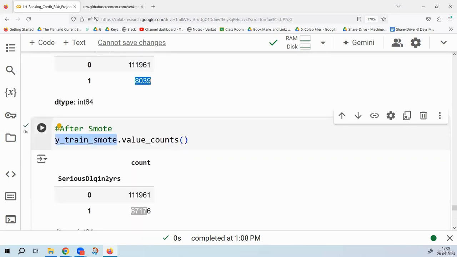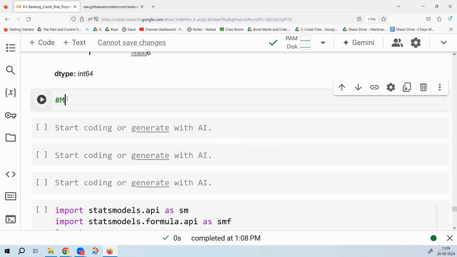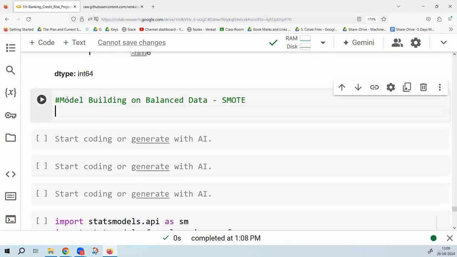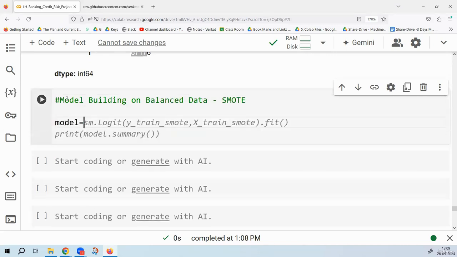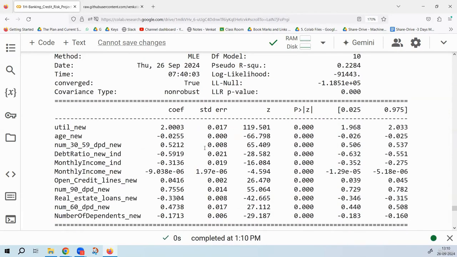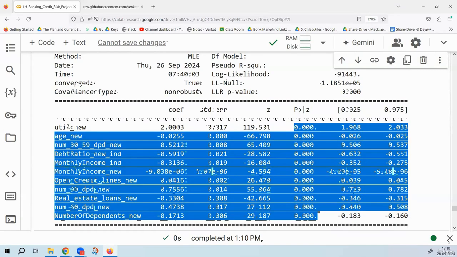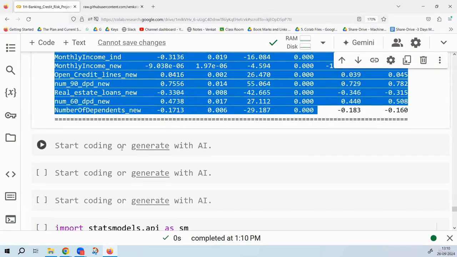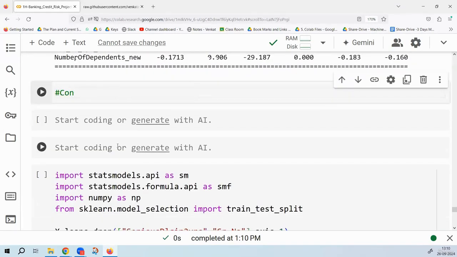So I'll try to build the model on this new data set, newly created data, which is X-train SMOT, Y-train SMOT. So let's build the model on this new data set. Let me call that model building on balanced data, which is a SMOT data. So I'll say my model is equal to sm.logit X-train SMOT, Y-train SMOT. Overall, the variable impact won't change, all the p-values will remain the same. However, the model will have a slightly better accuracy now on class 1, which we are checking with the confusion matrix